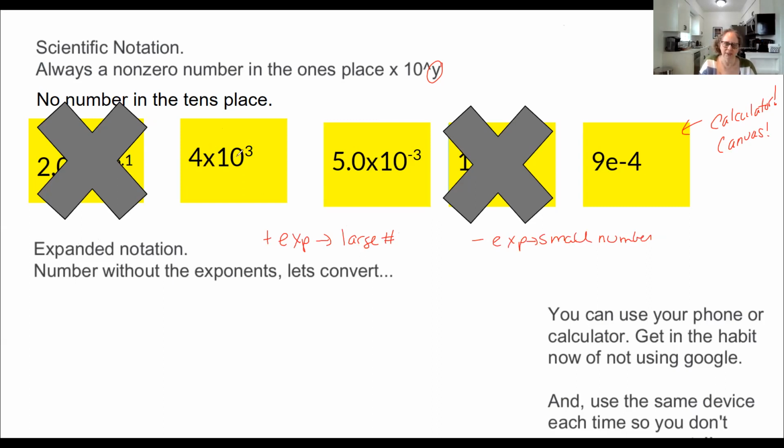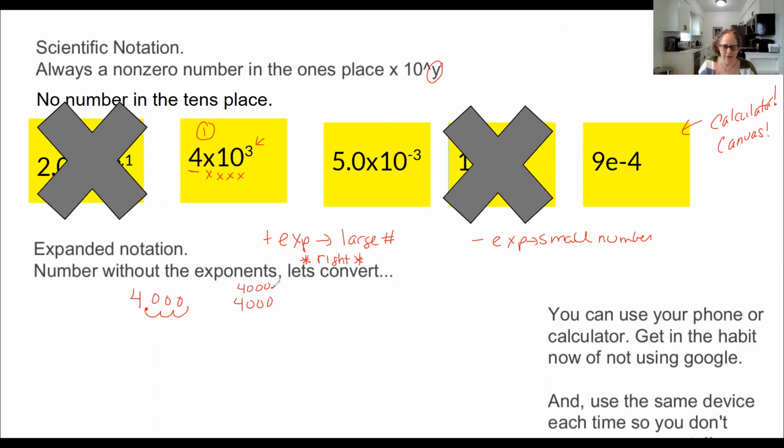So if I'm in scientific notation and it's a large number, it means I'm going to go to the right with my hops. How many hops? 3. So at 4, going 3 hops to the right. Where's the decimal place? Right here, even though I can't see it. 1, 2, 3. Fill in the zeros. 4,000. Okay, there is a 1 sig fig here because we don't count sig figs after the x. It's just a placeholder. You still need to say 4 times 10 to the 3. 4 times 10 to the 3 is not equal to 4. But in terms of sig figs,